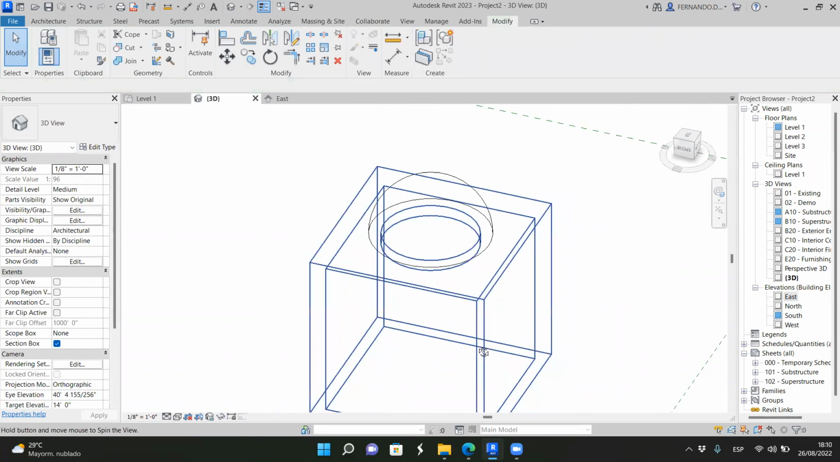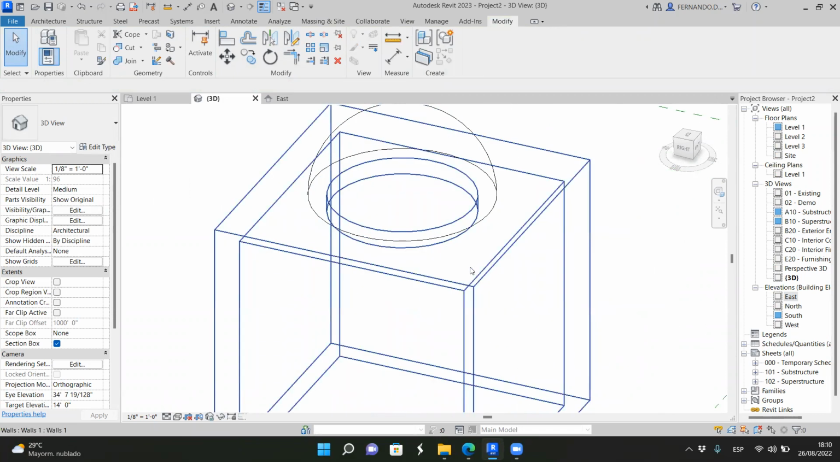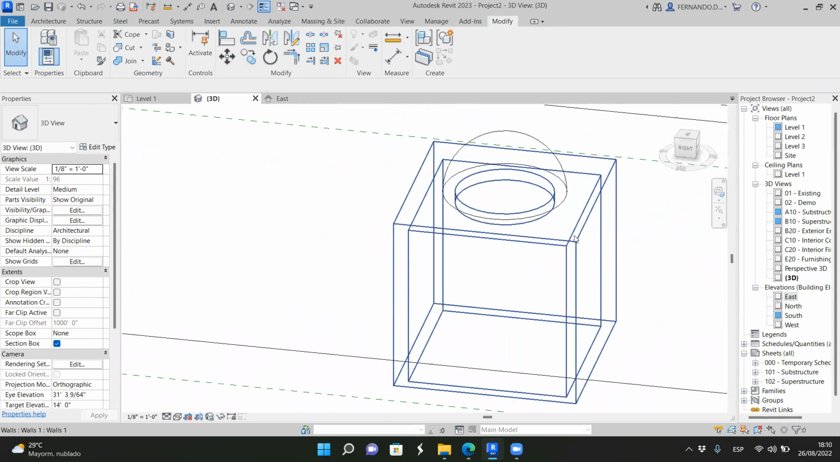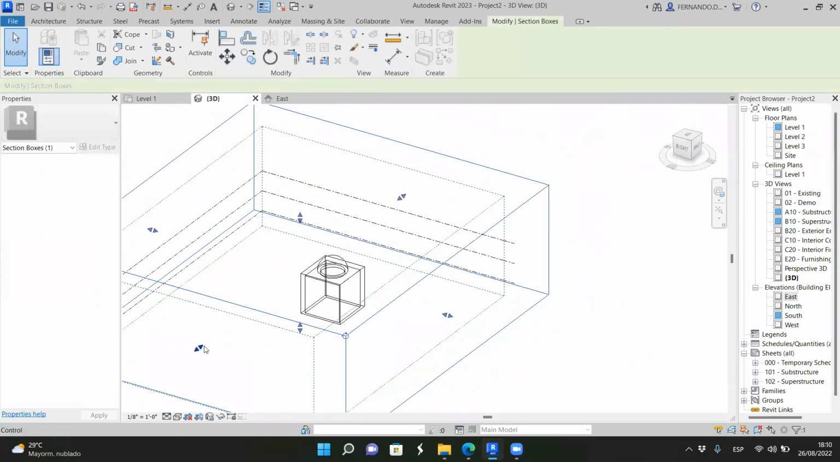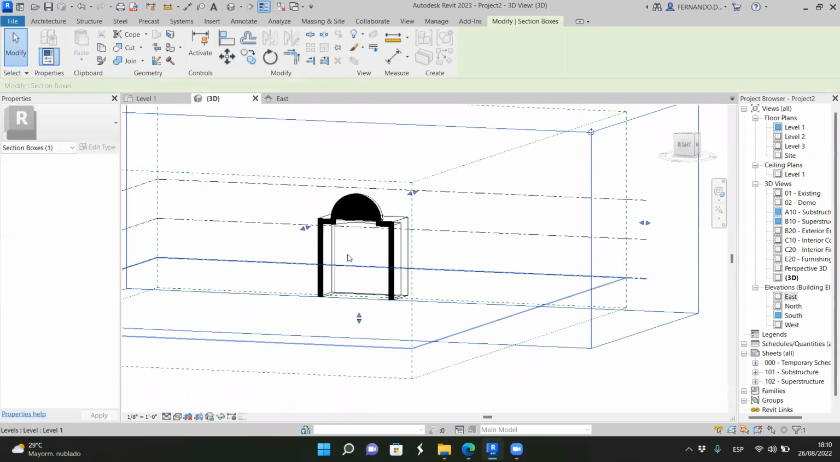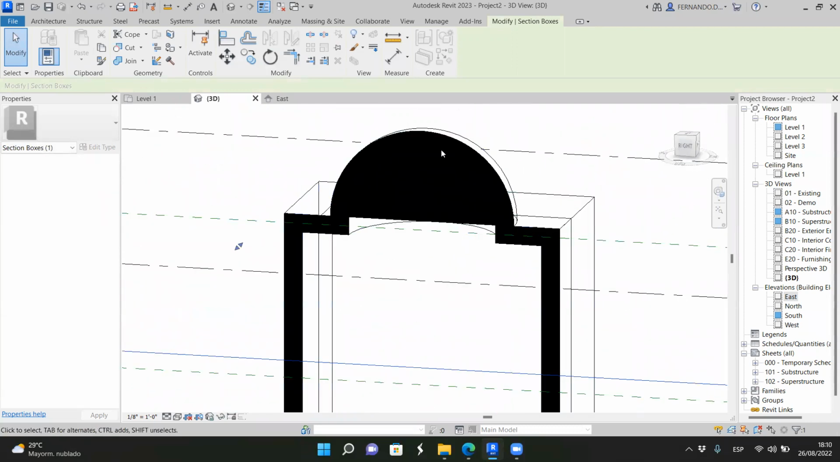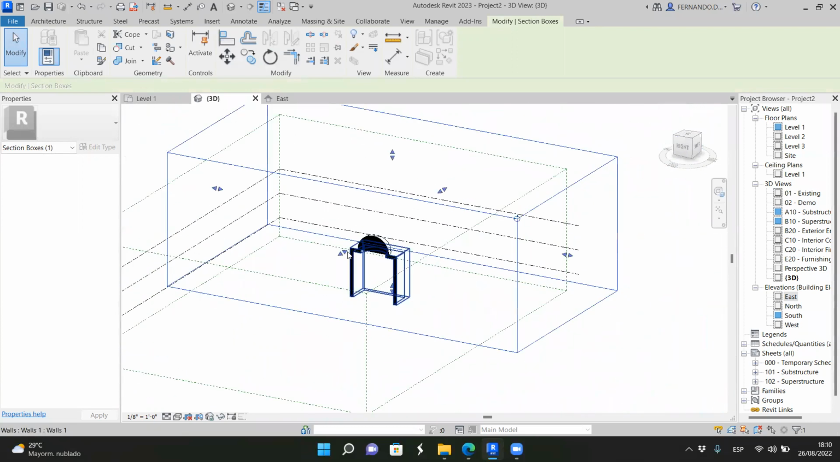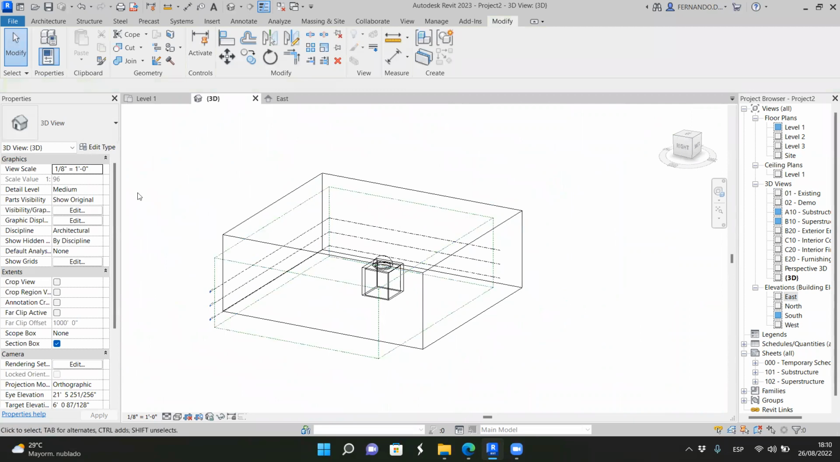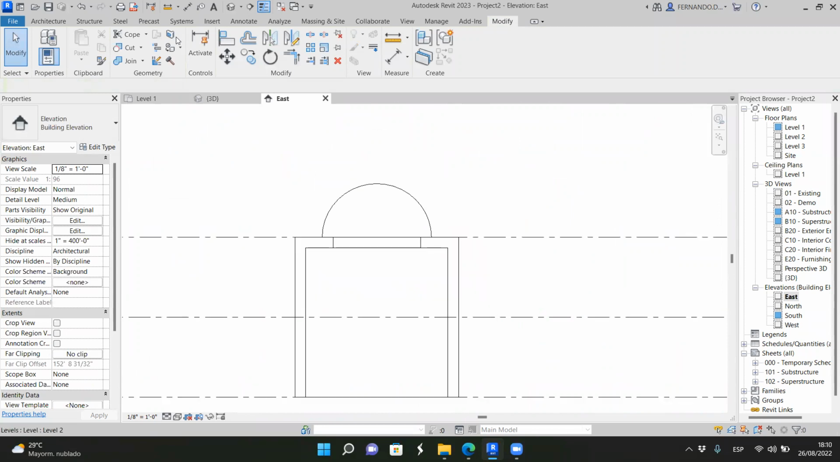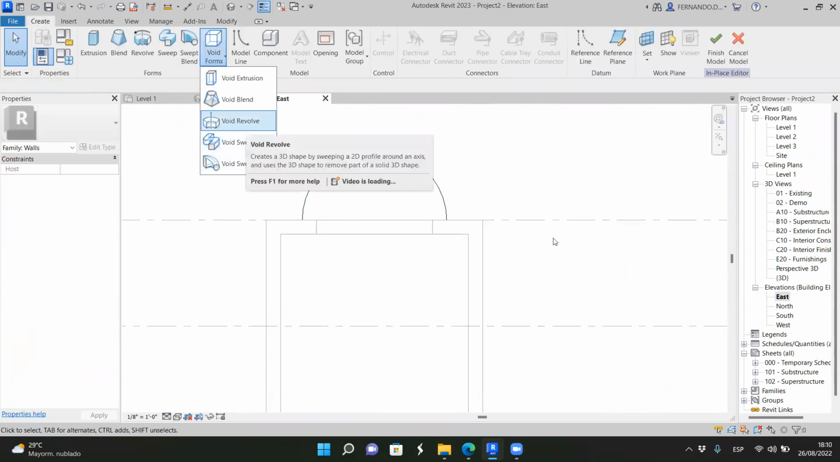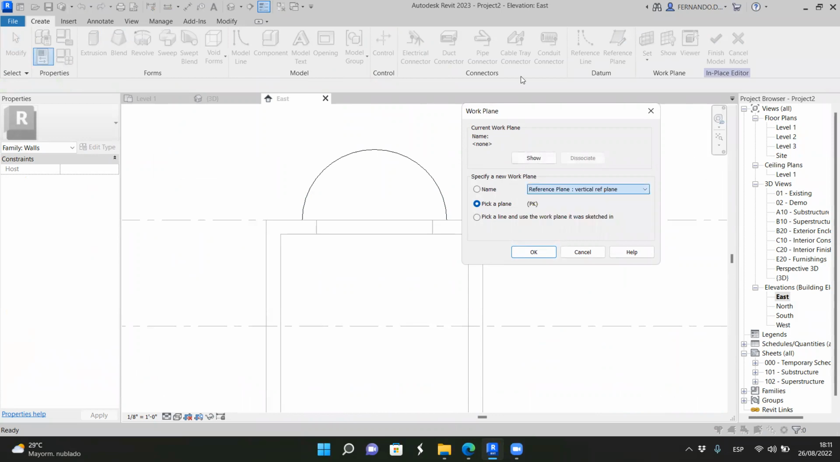and finish model. And you see that now I have created a void, but just in the square, not in the circle. If I move the section box, you see that now I need to create this void here. Okay, so let's do it. Go back to the east elevation. Now we have to select this, edit in place. We have to create void, revolve, pick the reference plane, and